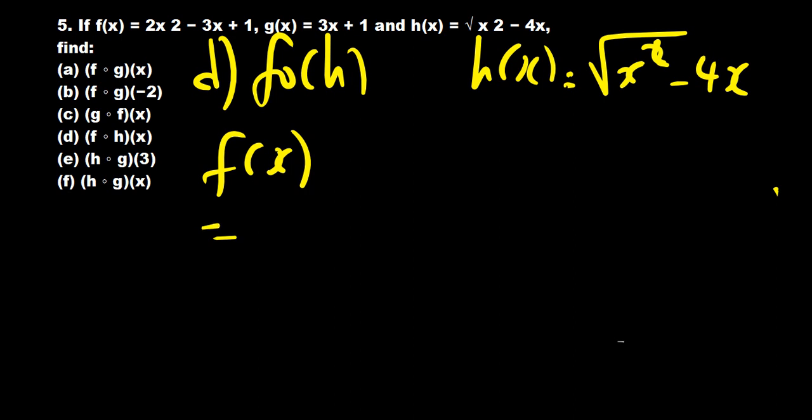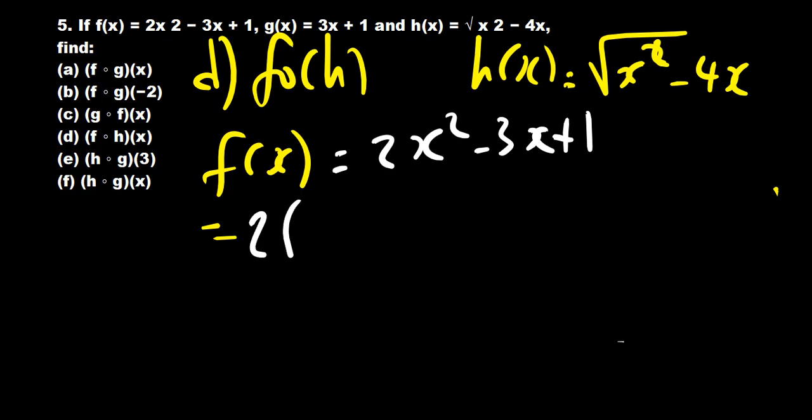Our f of x is 2x squared minus 3x plus 1. We're saying wherever there's x, we'll be replacing it with that expression. So it will be 2 times the square root of x squared minus 4x,